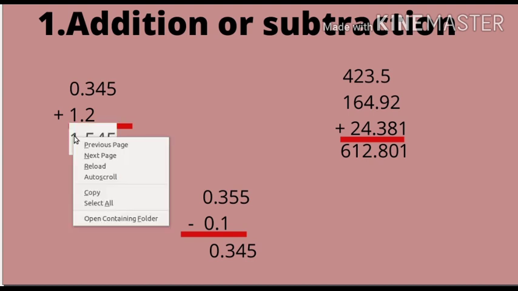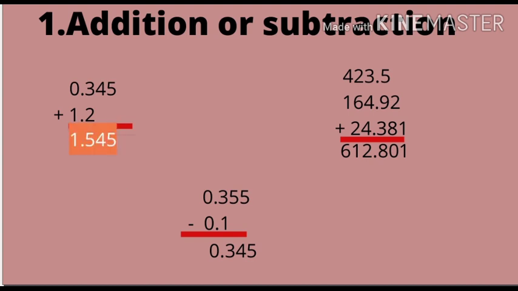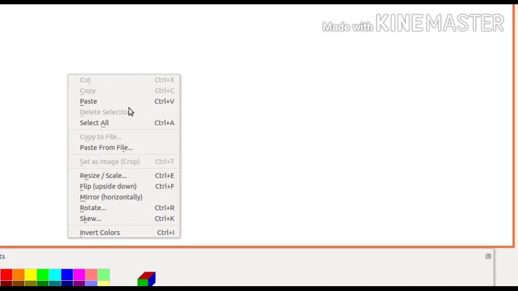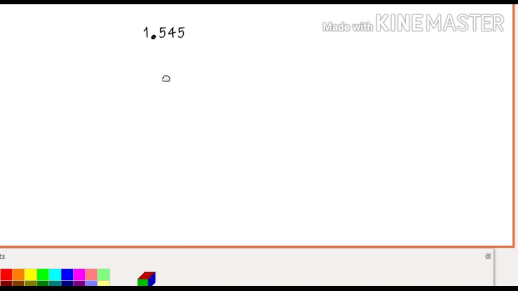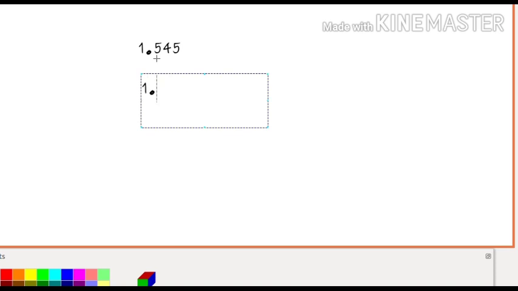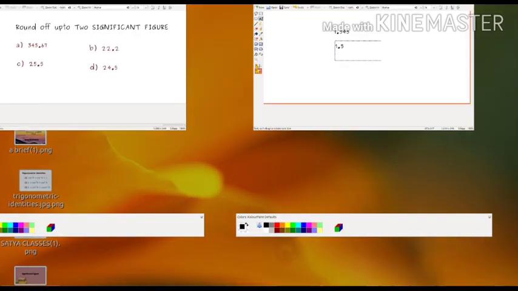So let me do it quickly. Okay, 1.545, and when you drop it, you will have how much? First of all, drop 5, you will have 0, and since 4 is an even number, no increment will take place, and 1.5 will remain the same. So the answer is 1.5. Understood? Okay, very good.